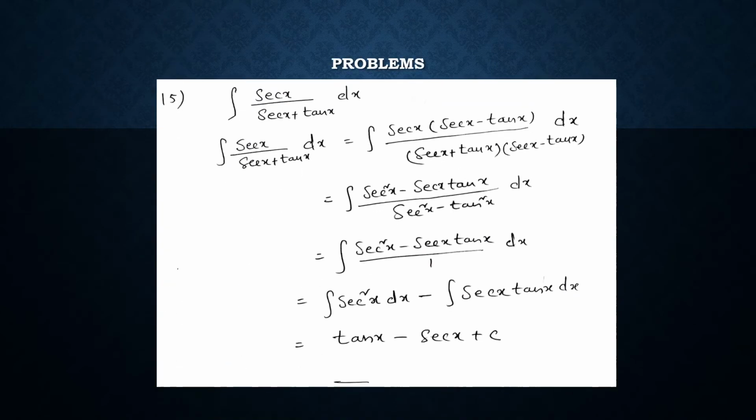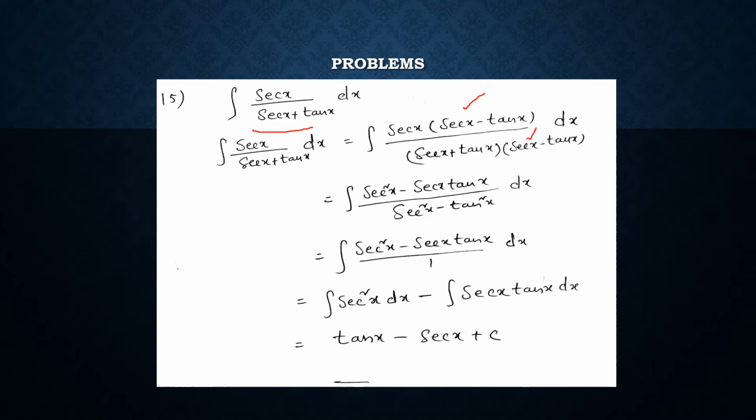Yes, coming to the next problem. Evaluate the integral of secant x by secant x plus tan x dx. In the integrand, we have a fraction, and by dividing with the denominator, we don't get any solution for this. So multiply and divide the function with secant x minus tan x. We'll get secant x into secant x minus tan x divided by secant x plus tan x into secant x